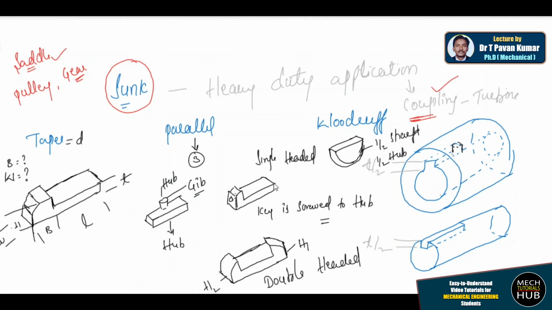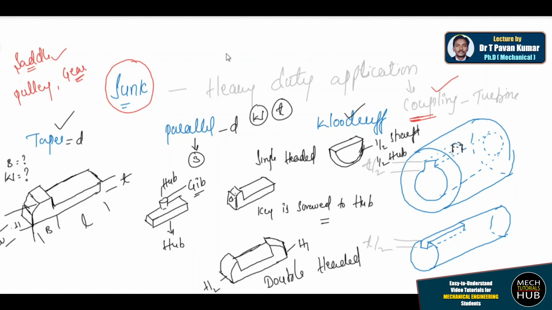Try to go through the proportions, all the specifications, and formulas for the taper key and the Woodruff key. And whenever parallel feather keys are given to you in the exam, you have to go with the proportions. D value will be given to you, and W and thickness T, you should remember from the tabular column given to you. Alright, this is how it is going to be.